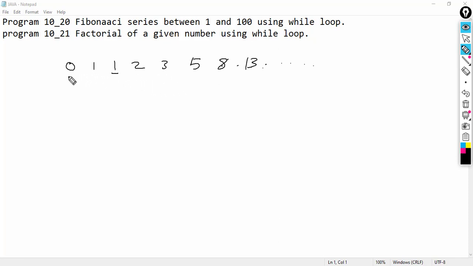So the first two numbers we can print directly. Directly printing means using the print function, SOP. Using this print function we will print the first two numbers. Here will be 0 and here will be 1. Then the logic will be applied to print the remaining series, which is 1, 2, 3, 5,